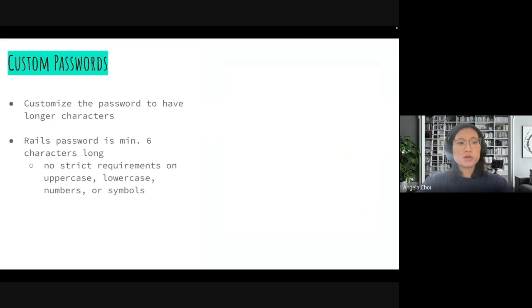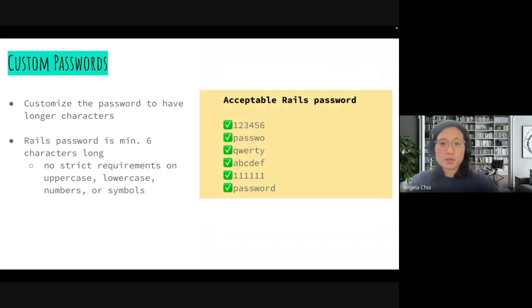All right, custom passwords. Custom passwords basically allows you to customize the passwords to have longer characters. At the moment, the Rails password minimum is 6 characters long. There's no strict requirements on uppercase, lowercase, numbers, or symbols. For instance, these are some of the acceptable Rails passwords, like 1, 2, 3, 4, 5, 6, or PASSWO,